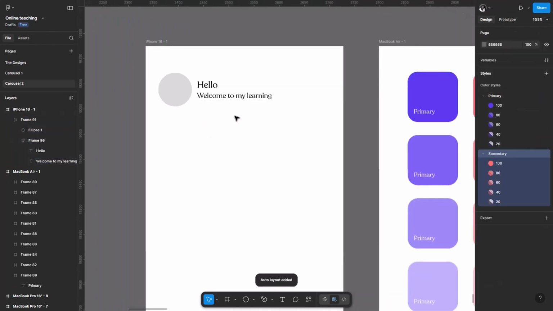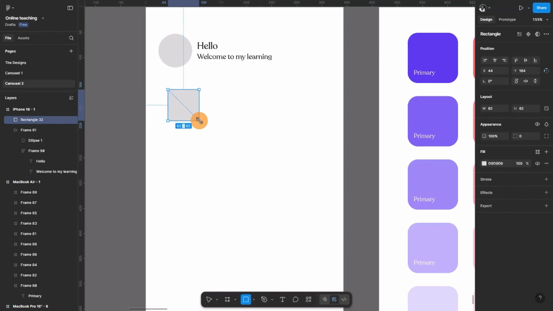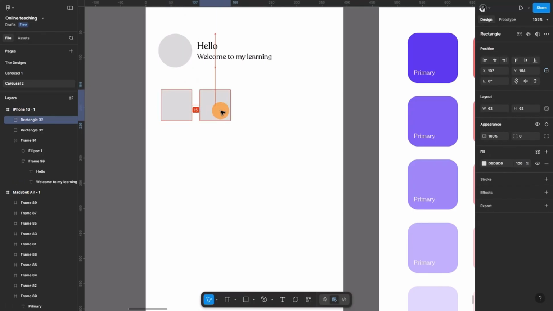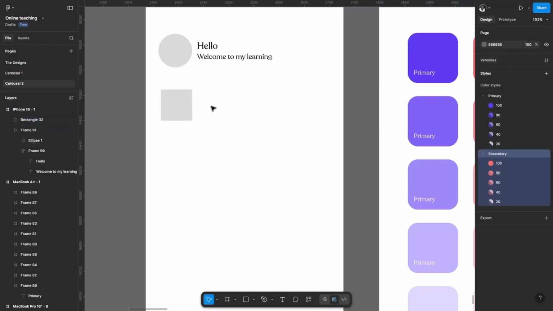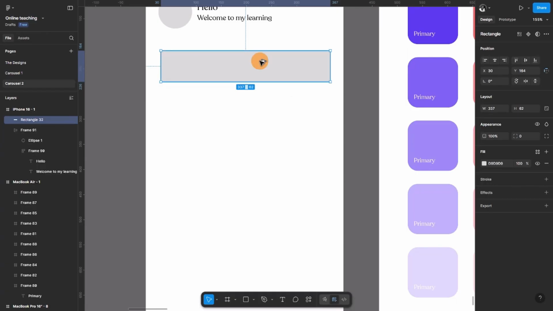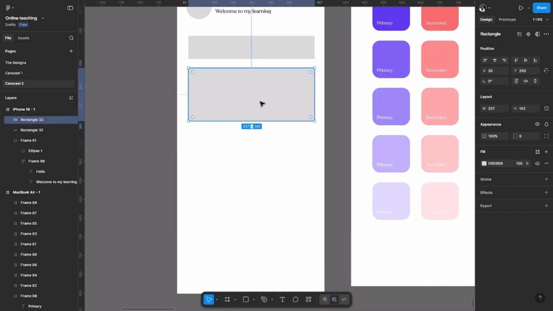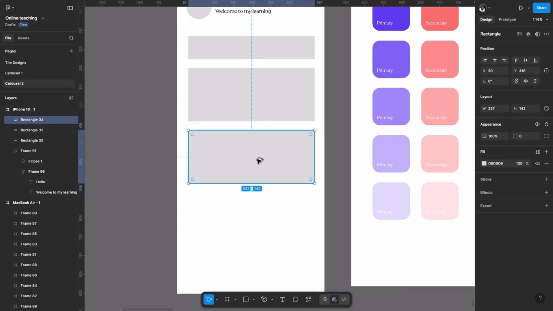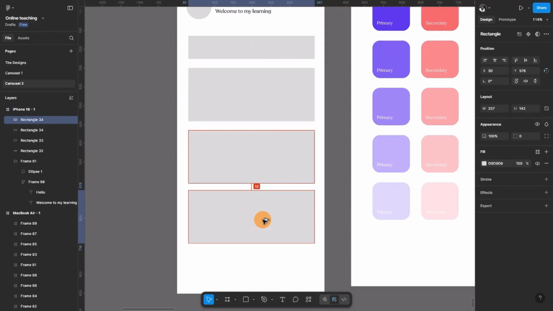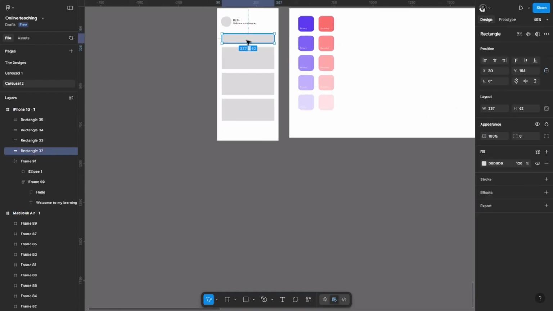Okay, so now I'm just going to create shapes inside of here to help us tell the difference. Or rather, let me just create it in blocks. Great. And lastly,